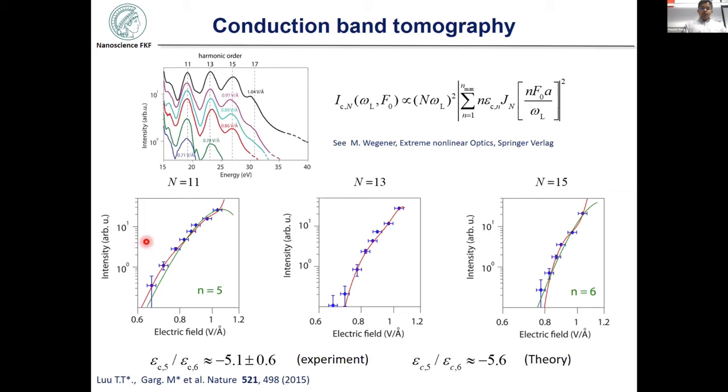And now if you look at the ratio between this spectral scaling over here and this scaling over here, we were able to estimate the contribution of the 5th spatial harmonic, that is cos 5K, with respect to cos 6K in the conduction band. We obtained this ratio, and it was quite compatible with our estimation.